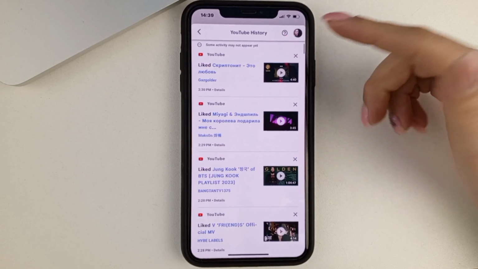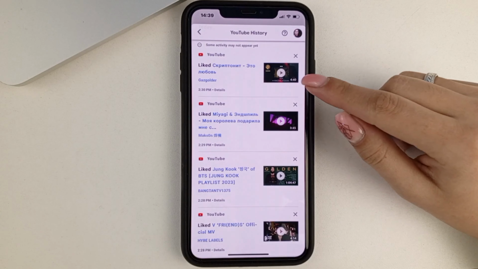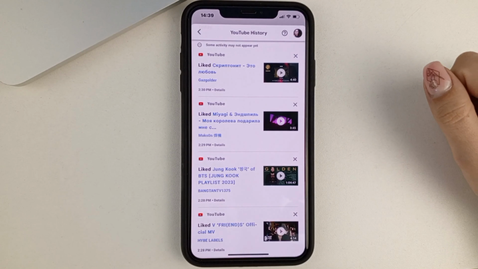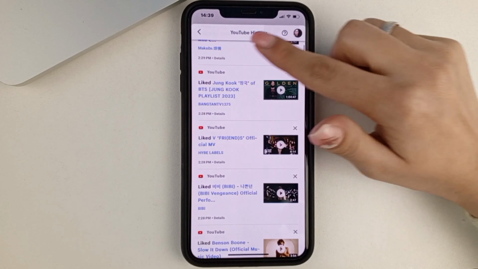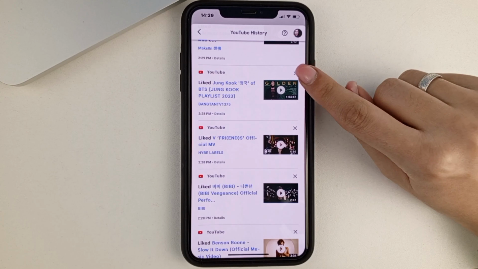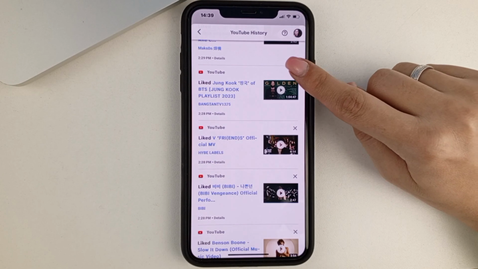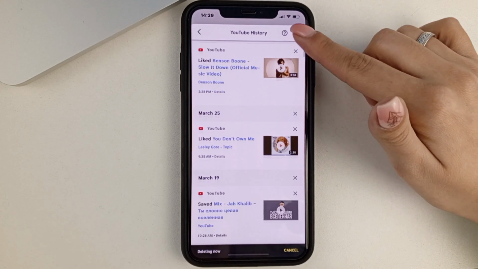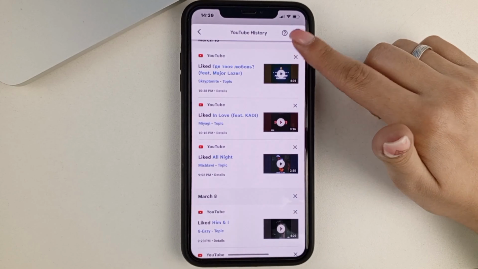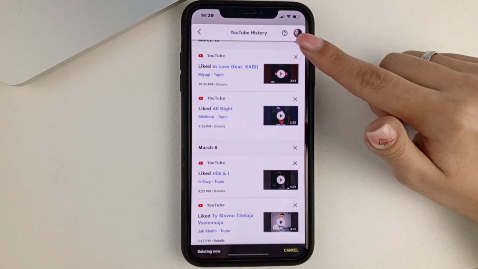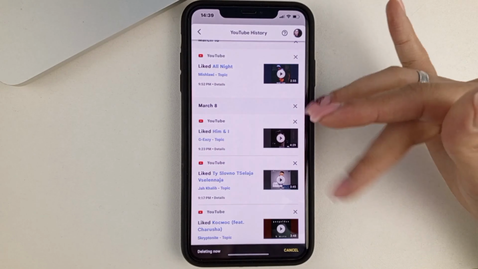The first way, if you want to just delete likes or remove likes from any one video, then you just select that video, and at the top you click on the cross. That's how you delete videos. And then we'll select another one, and we'll click on it. And we delete the video.